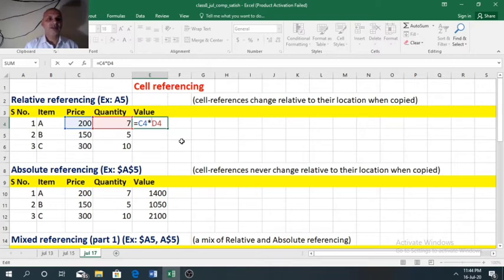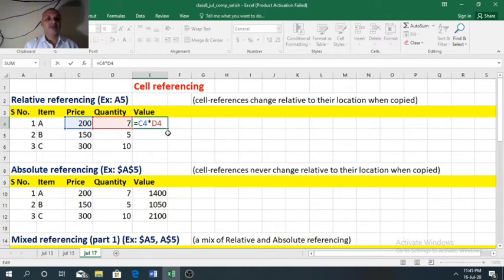We start the formula with the equal sign, then the address of 200 is C4 and the address of 7 is D4. So we need to multiply C4 with D4.